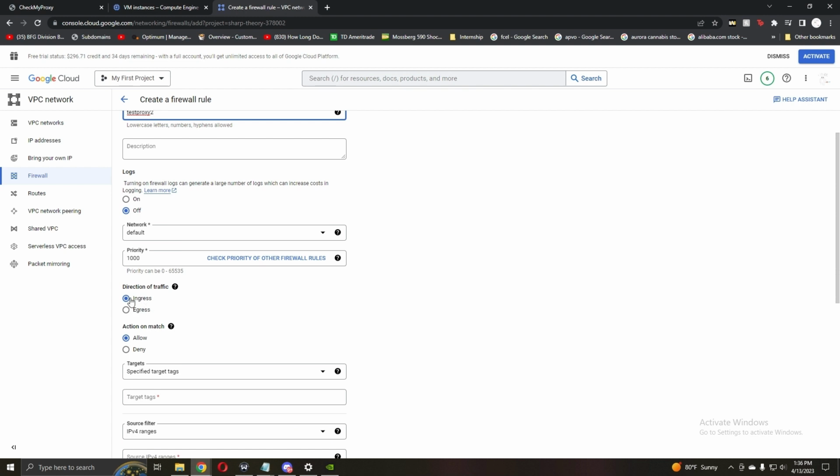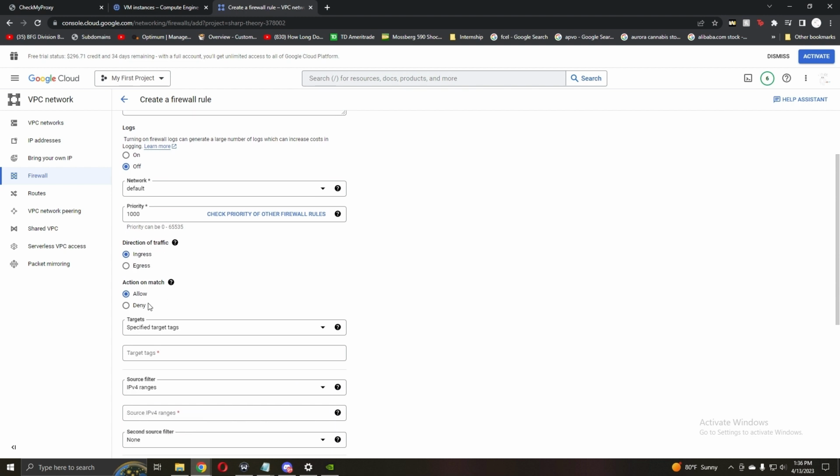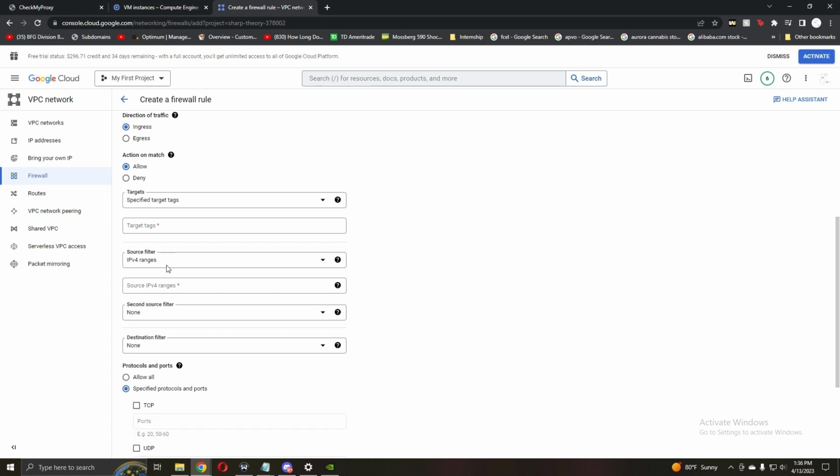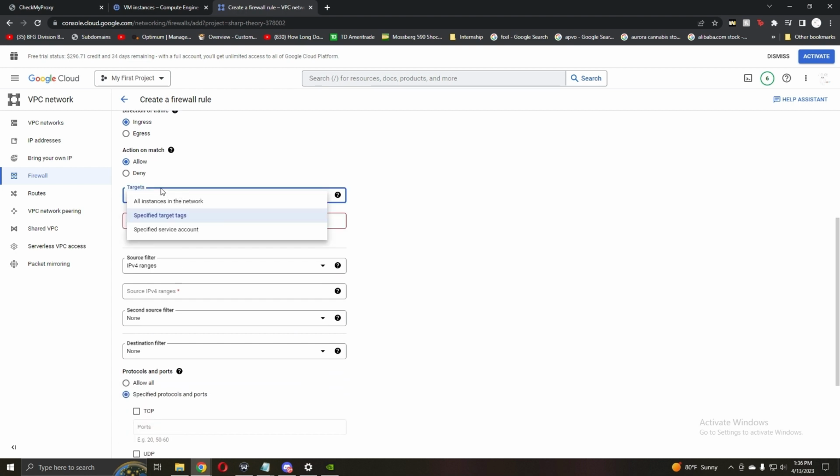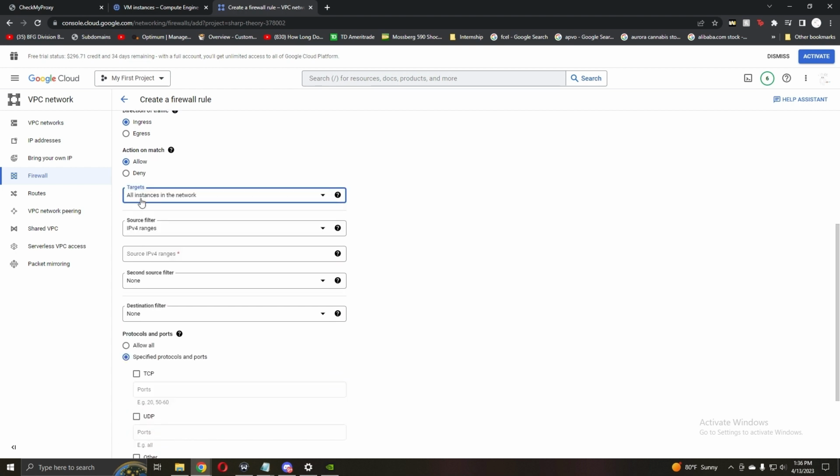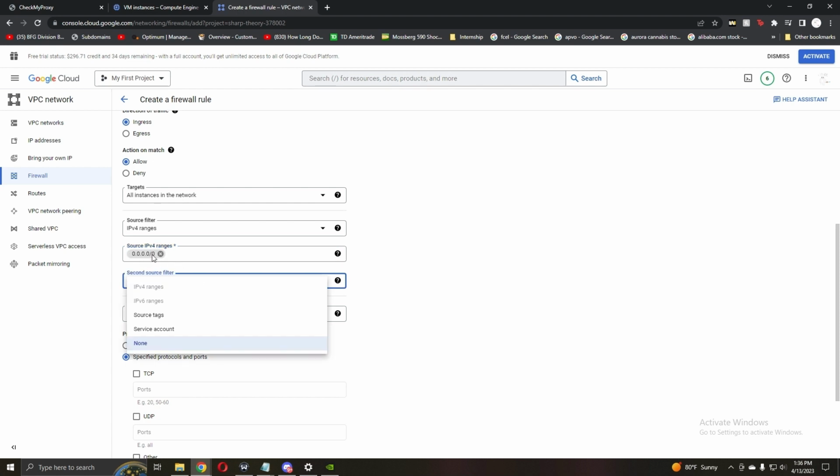Type of traffic, make sure it's ingress. Allow action on match, you can allow. And make sure targets is selected as all instances within the network. And the source IPv4 ranges is 0.0.0.0/0. The reason why we do this is so that anything can be able to connect